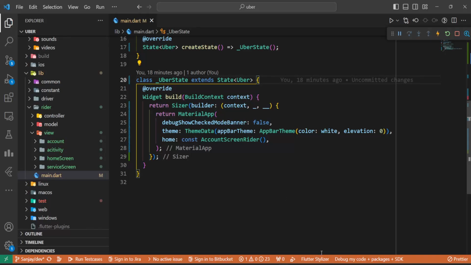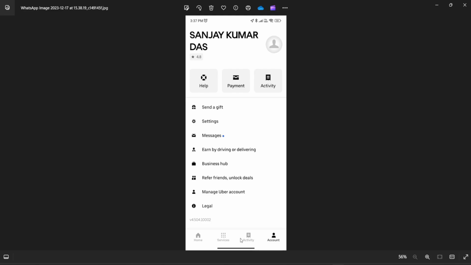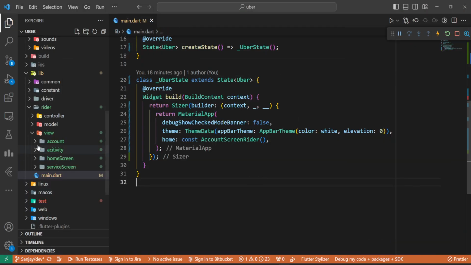Let's implement the bottom navbar for our app. So the bottom navbar is going to be these 4 buttons. Let's implement it. We will come to the rider view section and add a new folder naming